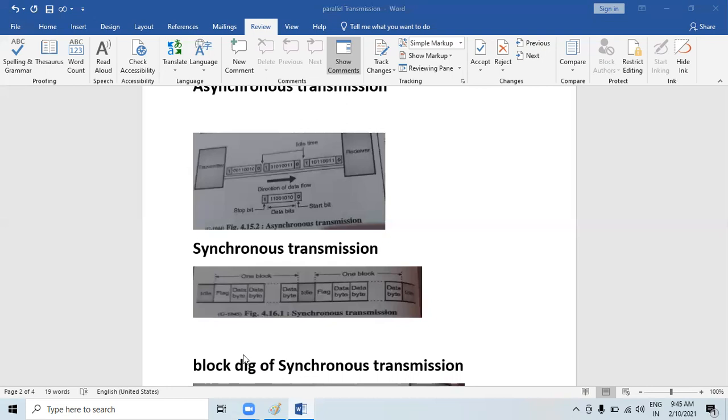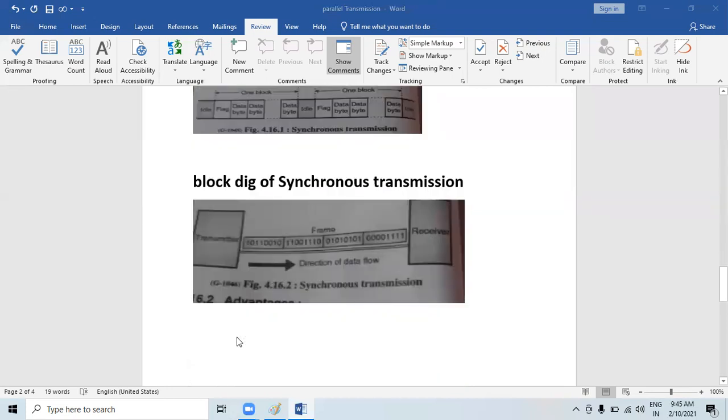In synchronous transmission, the bit stream to be transmitted is combined into long frames. A frame will contain more than one byte. There is no gap between successive frames. The receiver separates the bit stream into bytes for the purpose of decoding. You know the encoding and decoding, right? The start and stop bits are not used. Instead, bits are transmitted serially one after the other. The grouping of these bits is the responsibility of the receiver.